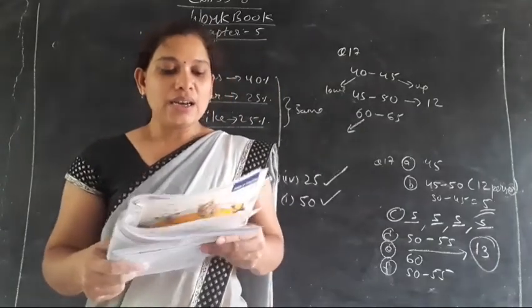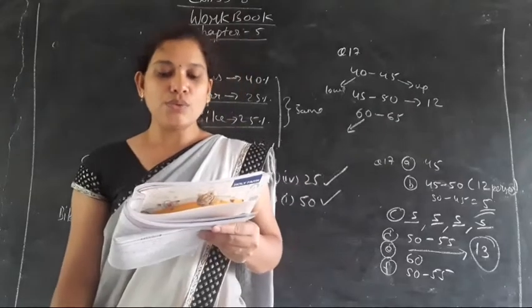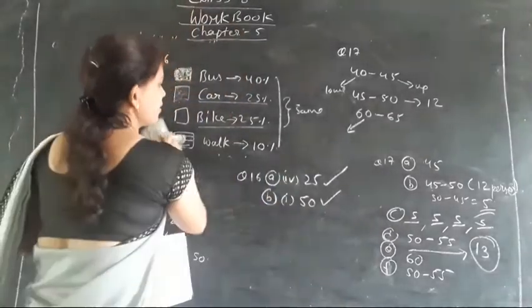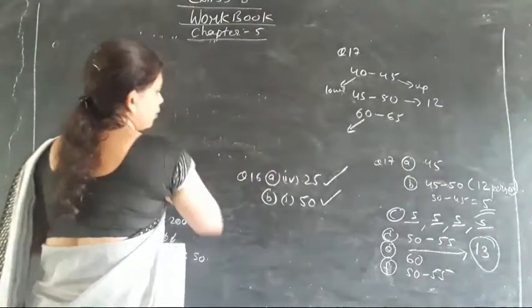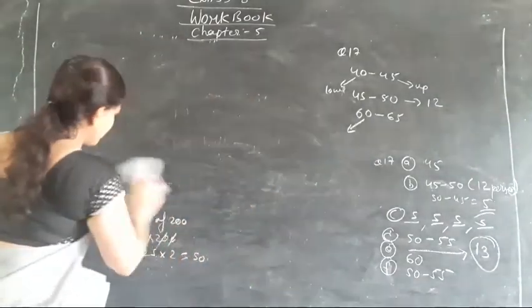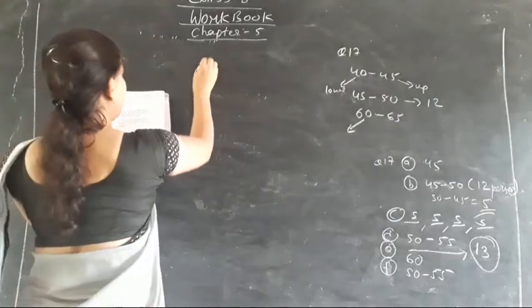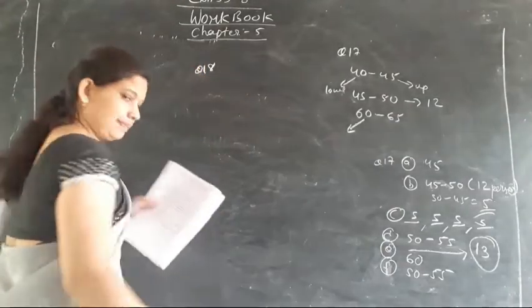It is said that an unbiased die is thrown. Write the probability of getting. So dear student, directly I will write the answers on the board so that you can write them in your copies. So please write them in your book, not copy. So what is the question number 18 we are having? A part.